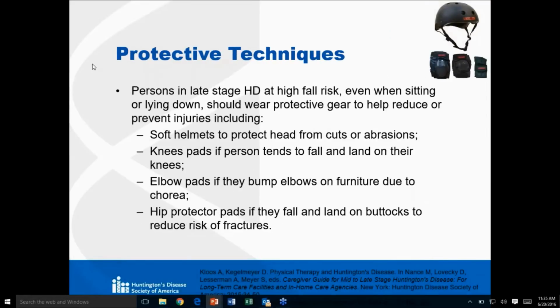All individuals in late stages of Huntington's are at risk for falling, and that could be from sitting in a chair, lying down, or when they're trying to stand or walk. So you may want to consider advising them to wear some sort of protective gear to help reduce and prevent injuries. I have a picture in the upper right-hand corner that shows you some of the